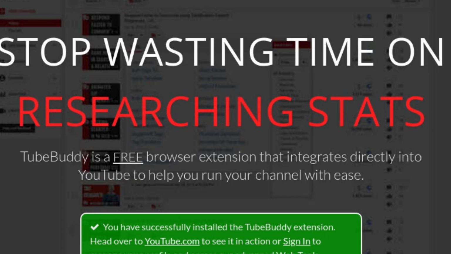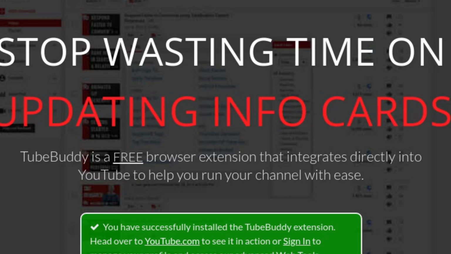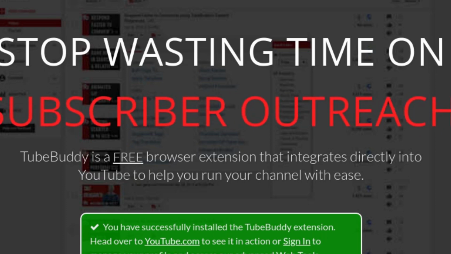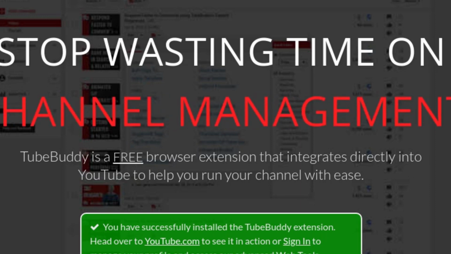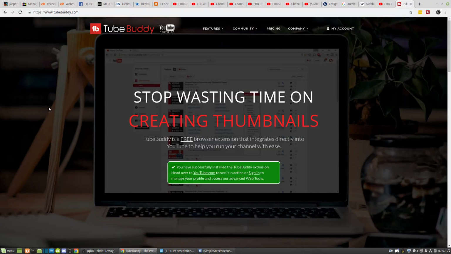This is not an application that you install on your computer, which means you don't have to worry about whether it works on Windows, Mac, or Linux. I run a Linux system. This is a browser extension. It's advertised as a Chrome extension, but I've run this on Firefox as well, and it works just fine. So, without saying anything else, let's move on to how to use TubeBuddy to improve the YouTube love on your